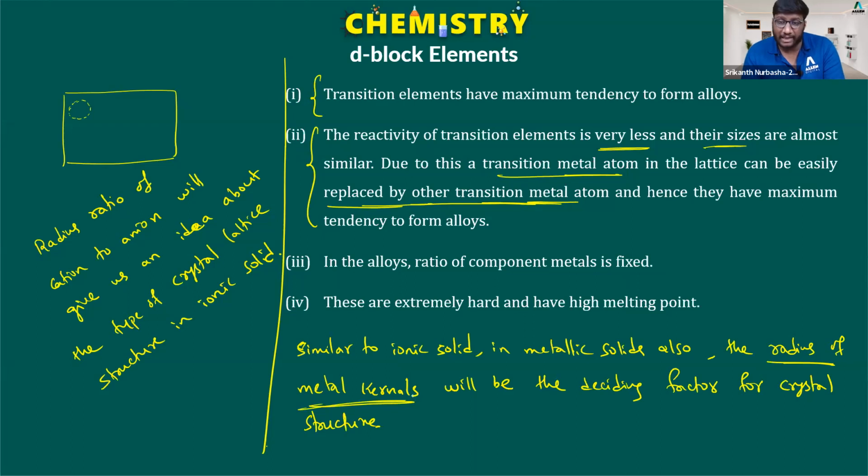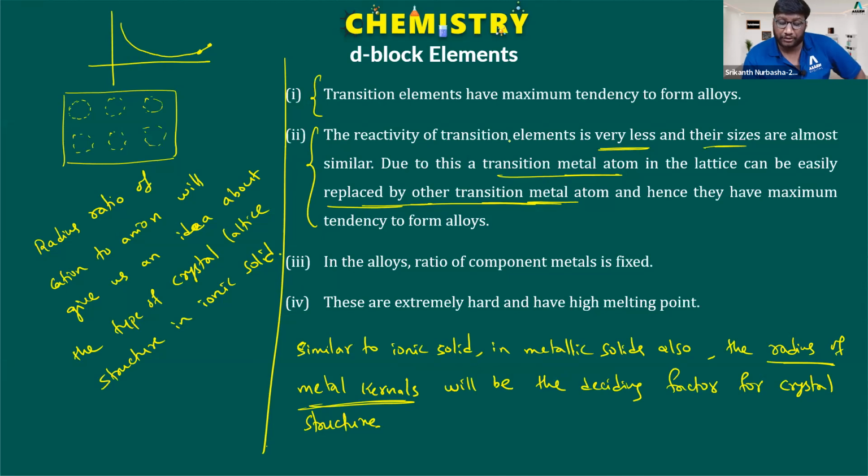And if you look at the transition elements, they also have similar radii. We have seen that radius from the graph only. Yes or no? If you look at transition elements, you have radius varying like this. Like copper here, zinc here, almost close radius, no? Because of close radius, the crystal lattice sites can be occupied by different kinds of metal ions easily. That's what they are meaning to say.